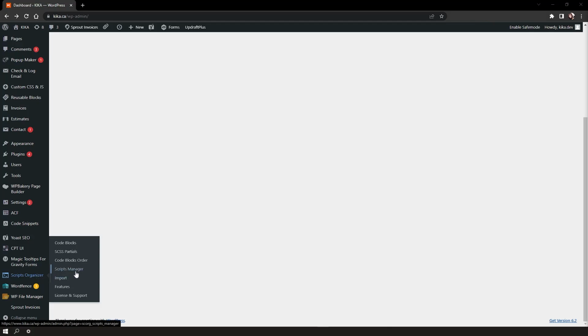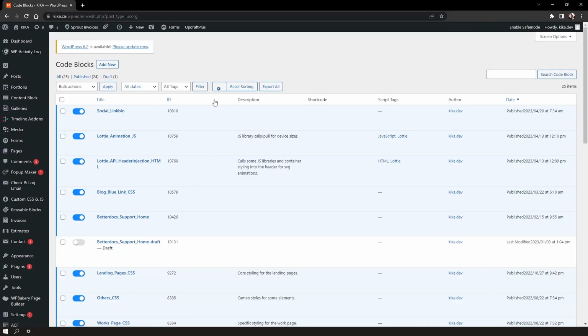installed here. Within it we have access to code blocks, SCSS Partials, code block load order, scripts manager, imports, features, license, and support. So let's go ahead and look right at the code blocks we've made. You can see here we have a list of all the codes that we developed for the front end